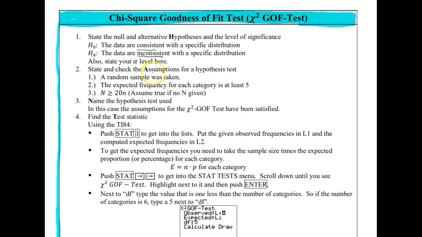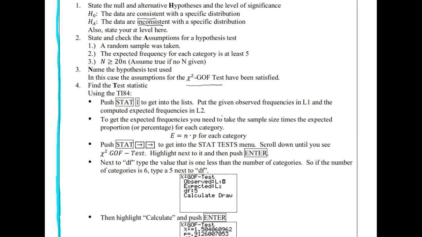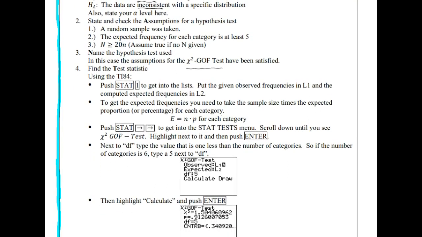We're going to check our assumptions, which are the same assumptions that we had in the last one. In this case, we're going to have a list to check, though, instead of a matrix for these expected frequencies. We're going to name the test we're going to do, so again, the chi-square goodness of fit test. To get that test statistic, chi-square, we can use one of our two forms of technology.